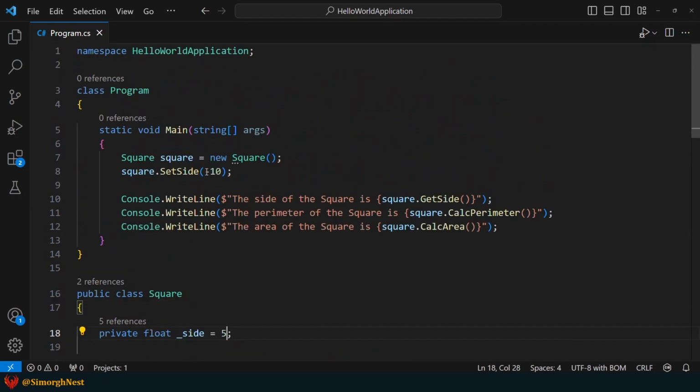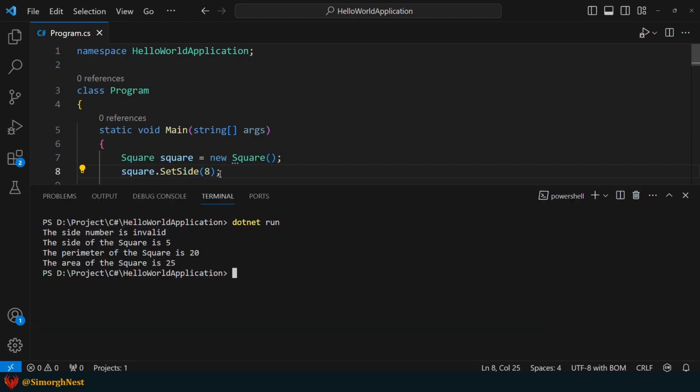Okay, now let's change the value to 8 in the setSide method and run the application for the last time. As you can see, this time we don't encounter any error messages because 8 is a valid value for the side. And as you may have noticed, it also overrides the default value of the side field.